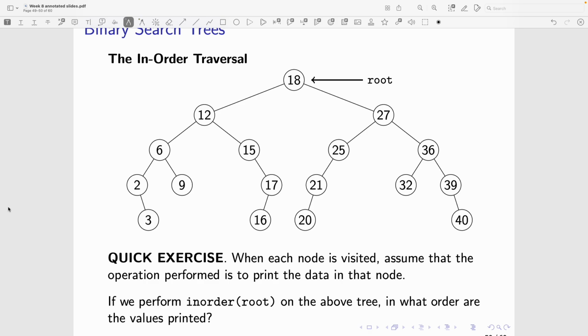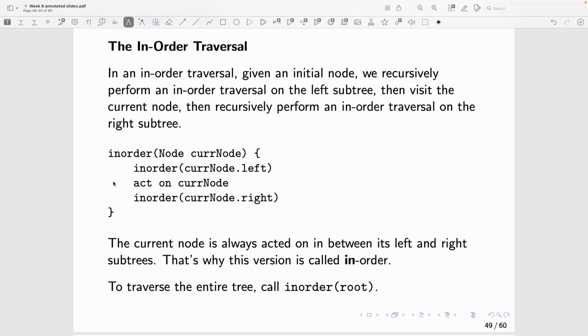Sort of like the previous traversal that we did, we have to just keep in our heads the path of recursive calls we're taking, because we start at the root but don't actually do anything with it until after we've operated on its subtrees. So we remember that we started at 18, go to the left subtree, remember that we started at 12, go to the left, remember that we started at 6, go to the left, and then,